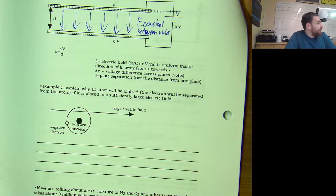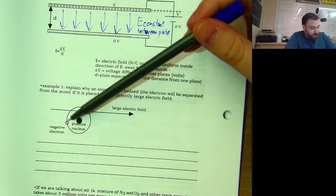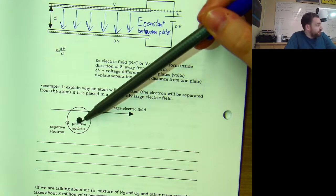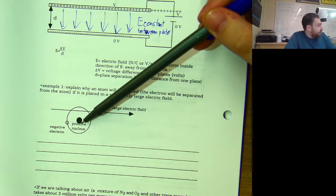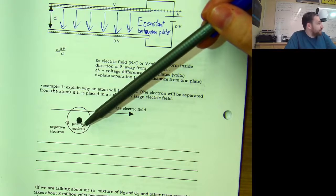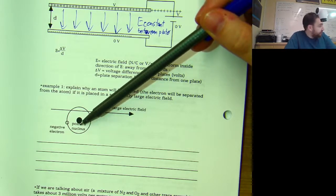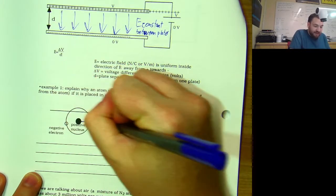Our definition for the direction of an electric field was that the electric field is moving in the direction that a positive test charge would move if placed at that point. So our large electric field is moving to the right. Which of these two particles is going to follow that path? The positively charged nucleus full of protons and neutrons, or the electron? The nucleus is what's going to go to the right here. So there would be a force on this guy that way,